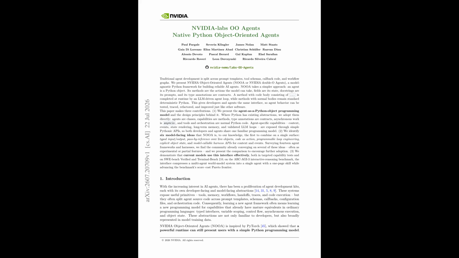Third, reinforcement learning could target the richer action space that this harness exposes, teaching models to decide what context to reveal, which variables to preserve, and when to promote a pattern into a reusable library. In that view, the harness is not just an execution environment, but the action space in which agents learn problem-solving structure. Now, let's walk through some questions you might have after hearing all of this.